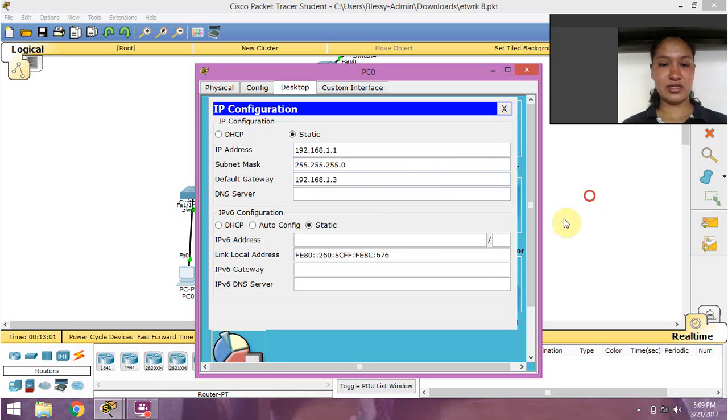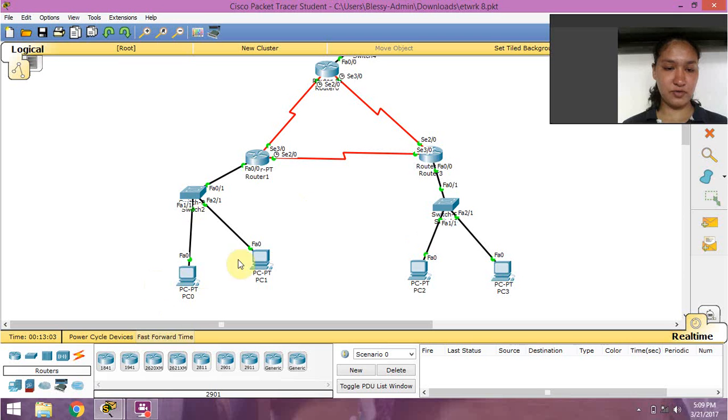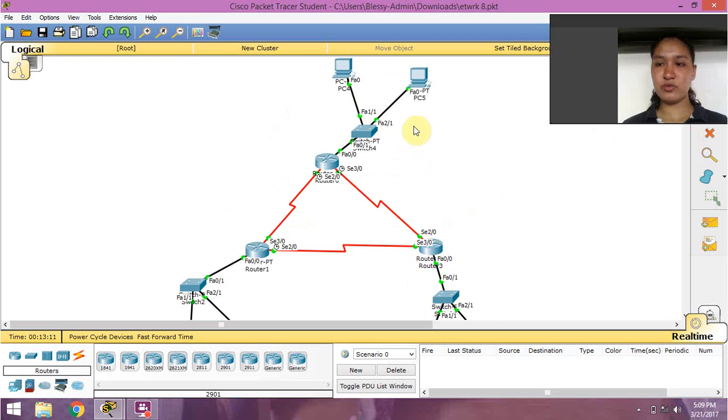192.168.1.1. Like that I gave all the IP addresses: 192.168.1.0, 192.168.3.0, 192.168.2.0, like that I gave for all the PCs. Then here I gave the IP addresses 10.1.1.0, here 10.3.3.0, here 10.2.2.0, like that I gave all the IP addresses. Then I configured the switches and